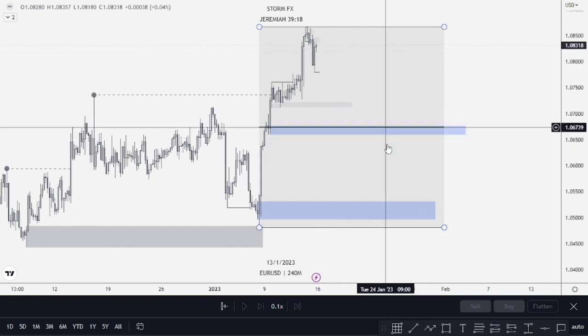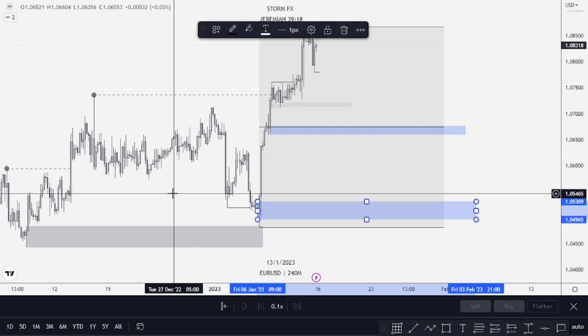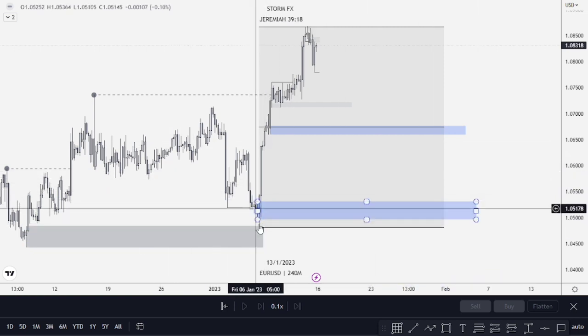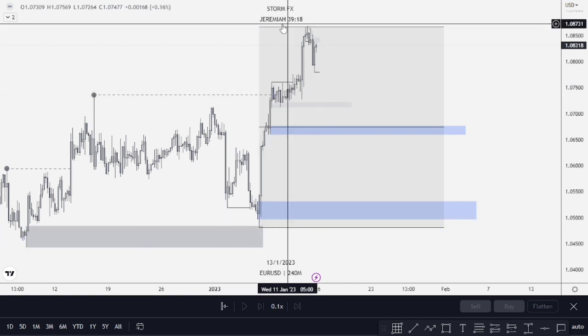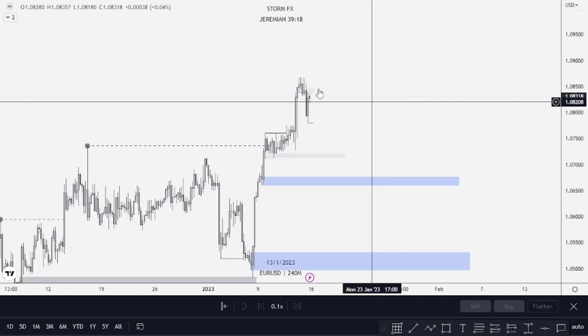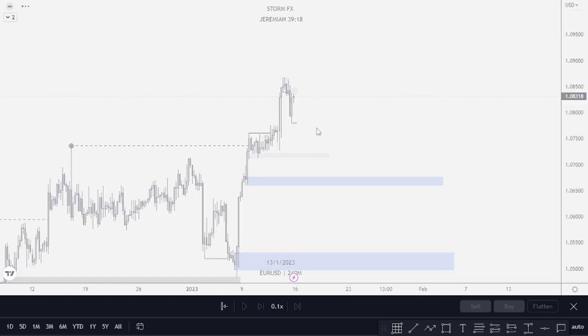If this demand fails, I will continue targeting this demand over here, because this is a high probability demand. There was a liquidation and then there was a break of structure, it reacted and then a break of structure, and so what I'll be targeting is the swing high hapa. Currently site tumeona dollar iko weak, that's what's happening